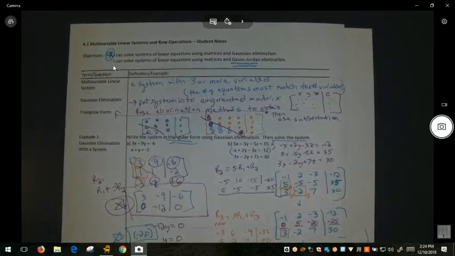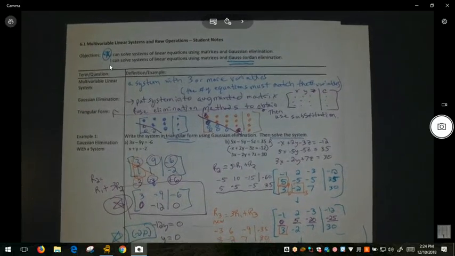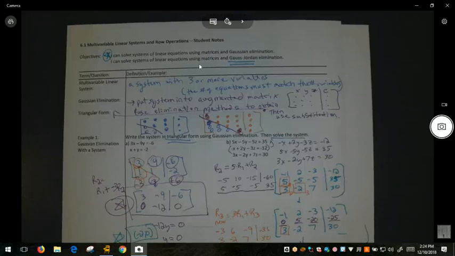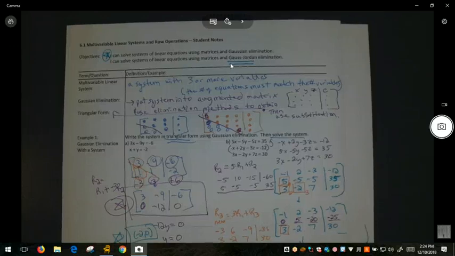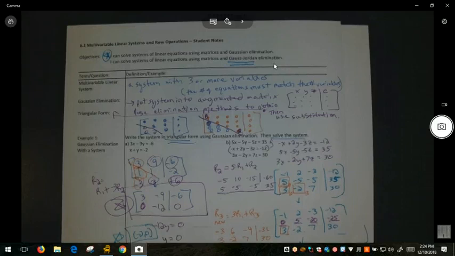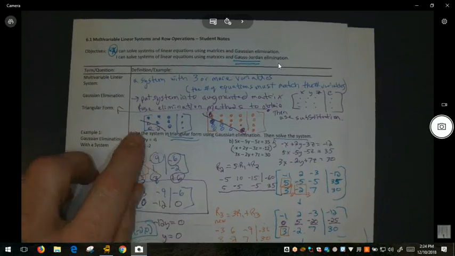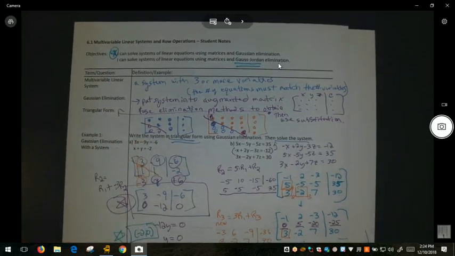6.1 Part 2. The learning target for this lesson is that you can solve systems of linear equations using matrices and Gauss Jordan elimination. In what we did in class, we looked at Gaussian elimination, where we were trying to get the triangle of zeros in the lower corner. So now we're going to add to that, for it to be Gauss Jordan elimination,